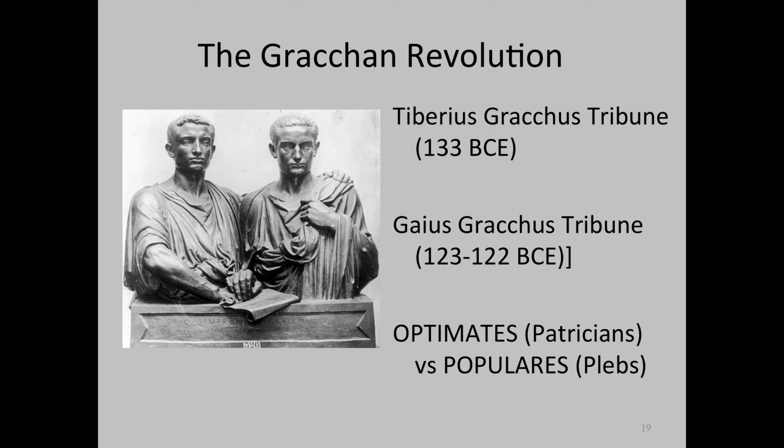Politicians who are on the side of the people. Optimates are politicians who want to do things the old way, who are appealing to the upper classes. And keep in mind, it's not only the content of what they are doing, it's how they are doing it. So in other words, the populares bypass the authority of the Senate, whereas the optimates respect the authority of the